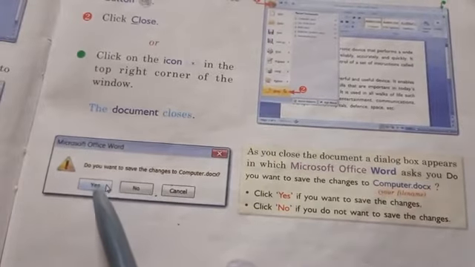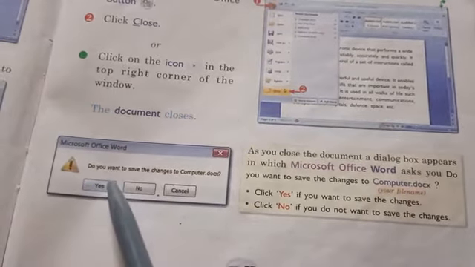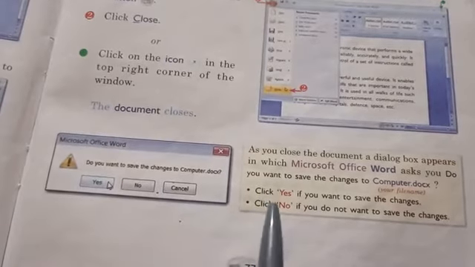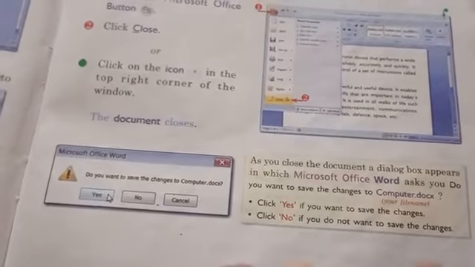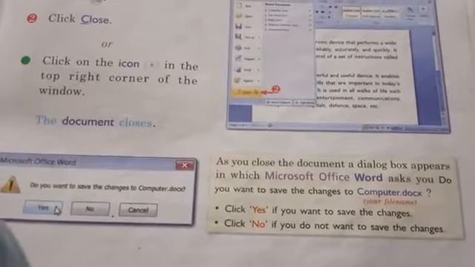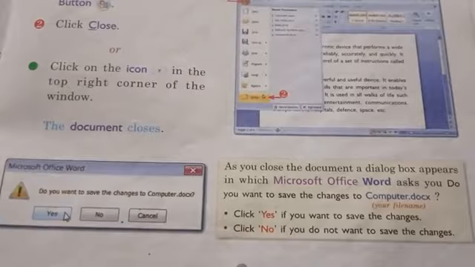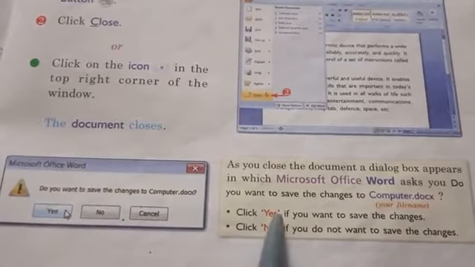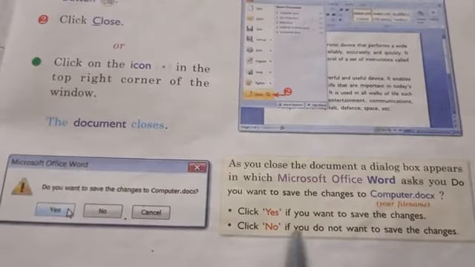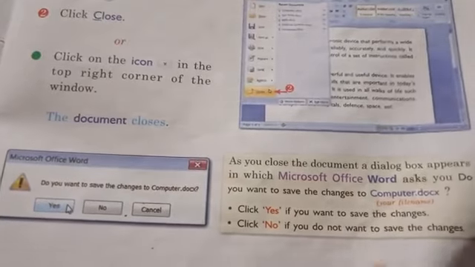If you want to save the changes, then click on yes, otherwise no. Okay, your document will save. After giving command yes or no, you can close your document. Click yes if you want to save and click no if you don't want to save.